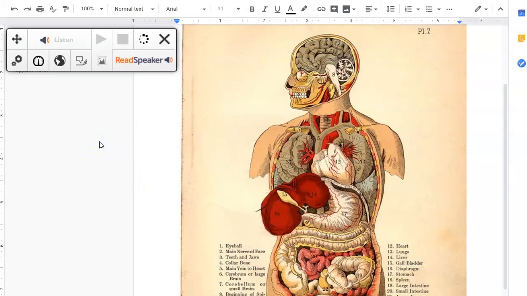Once the OCR is completed, the text will appear in a separate rectangle that has the words highlighted as it is streamed. Gallbladder. See how easy that is? Now you give it a try.